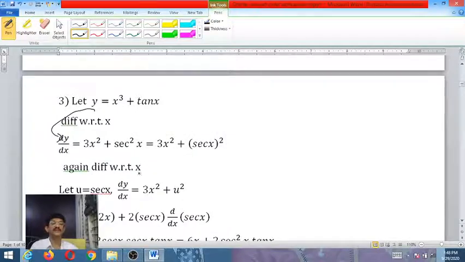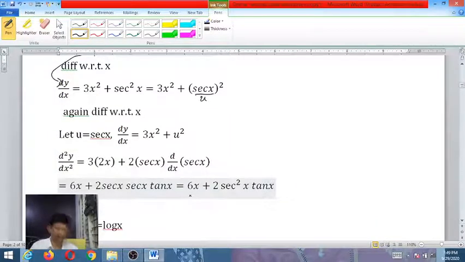Again differentiate with respect to x. To differentiate this dy by dx again, here to differentiate secant x whole square, we have to consider this secant x as some u. It becomes u square, right? So dy by dx will be 3x square plus u square. If you differentiate again with respect to x, this dy by dx becomes d square y by dx square equals